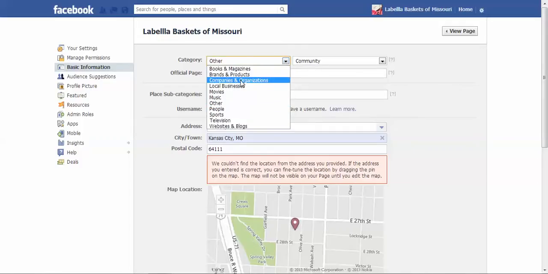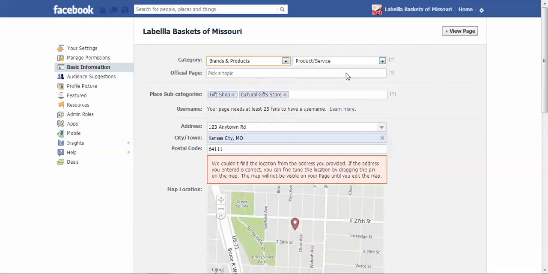And let's see, I could go into brands and products, product and service, and then add my address, and you just change it as you go, depending on how you want to do business. If you're doing it locally, if you're doing it nationally, if you are just having a side business and you're just working with real estate agents, you are a public figure helping them market their business. It's however you want to do it.